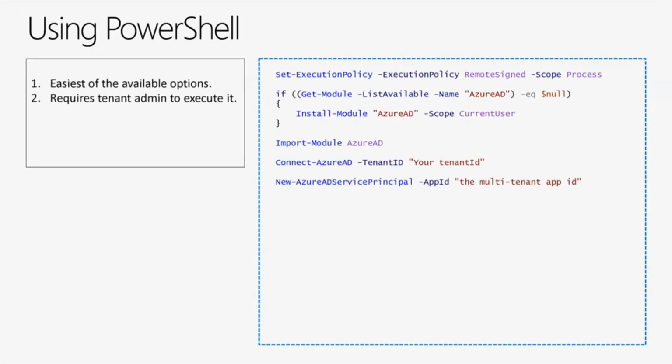Here I have provided one example of how you would go about getting a service principal for your multi-tenant app created. So the New-AzureADServicePrincipal command, provide the app ID. This PowerShell command can take other parameters as well. When this piece of PowerShell command is executed in a PowerShell console, it would ask the tenant admin to sign in, and it will create a service principal for your app. It is great because it works for all kinds of applications. It will work for applications that sign in users, your web APIs, and your headless apps.